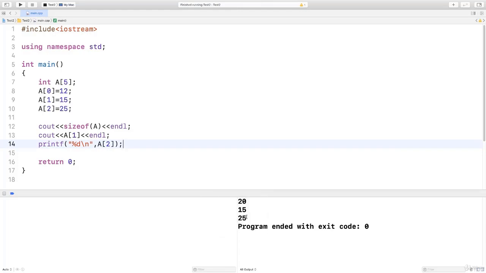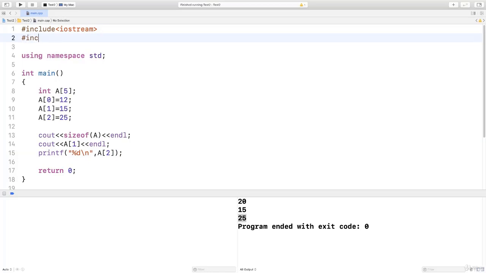Yes, it is working. It is printing 25. It may not work in your IDE. In my IDE, it's not giving any error. If it is giving any error, then you can include